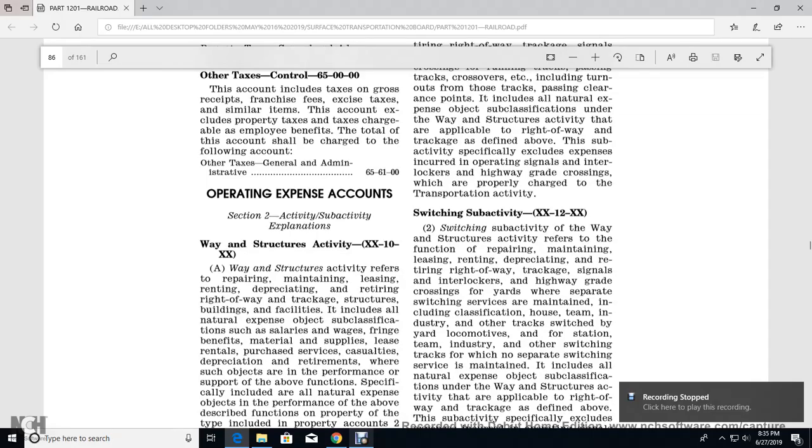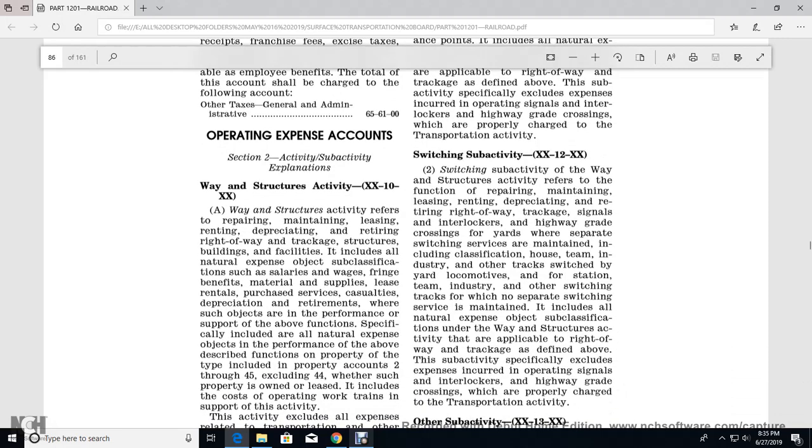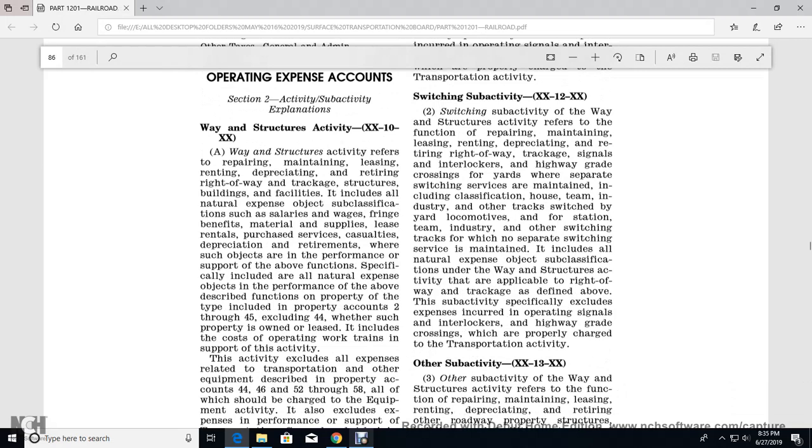All right, operating expense accounts. Section 2, activity, subject activity, explanation. Way and structure, XX-XX-10-XX. Way and structure for the activity refers to preparing, maintaining, leasing, renting, depreciating, and retiring the right of